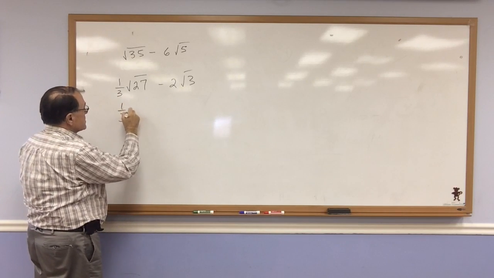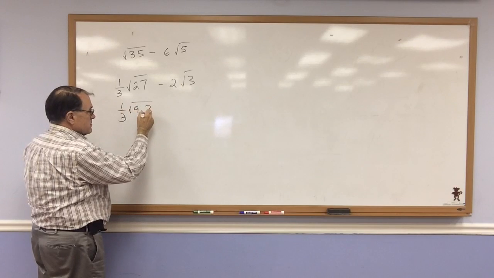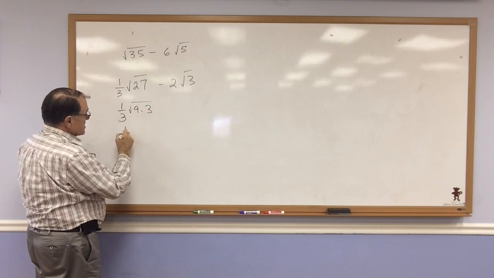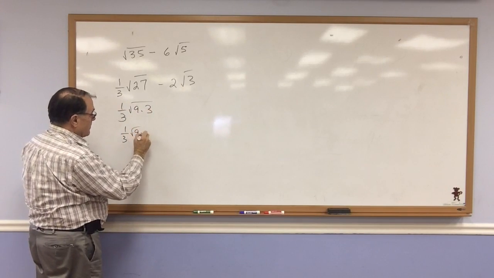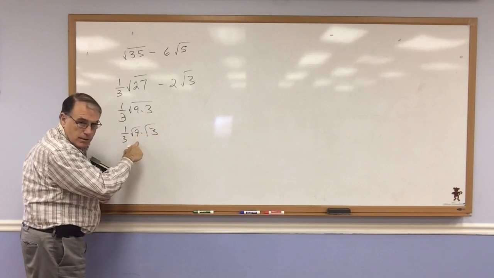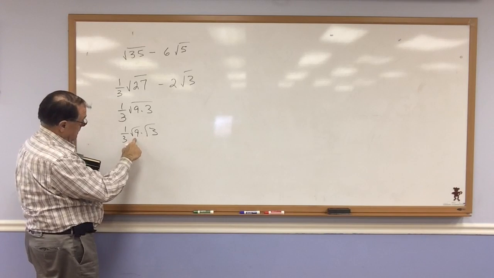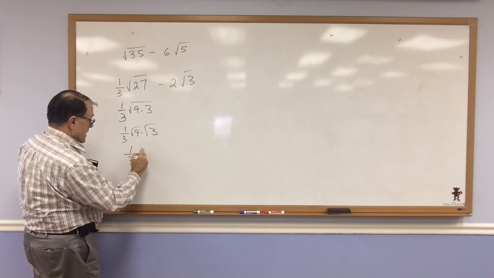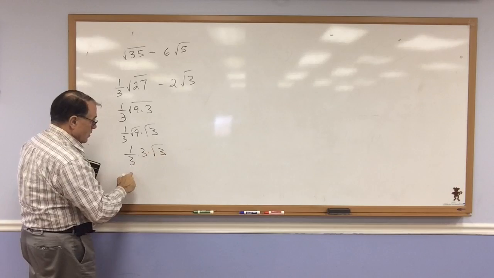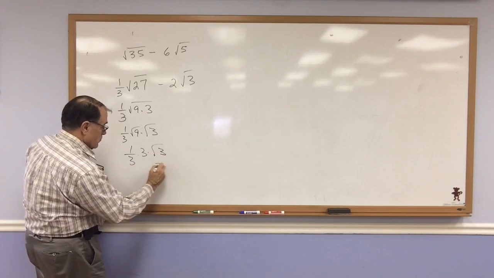So that's root 9 times 3. But I can split a radical when I'm multiplying. So it's root 9 times root 3, and root 9 is 3. So I have 1/3 times 3 times root 3, and 1/3 times 3 is 1, so that's root 3